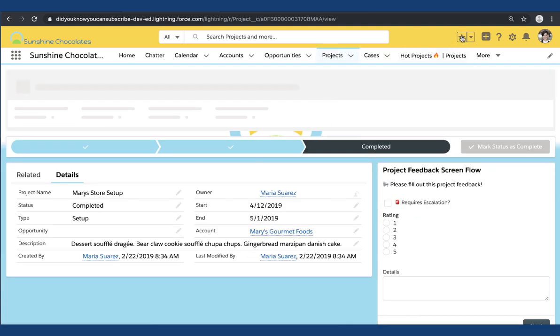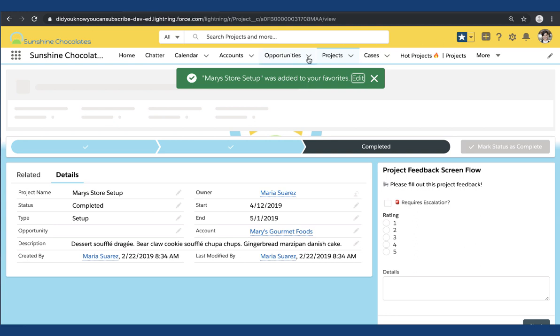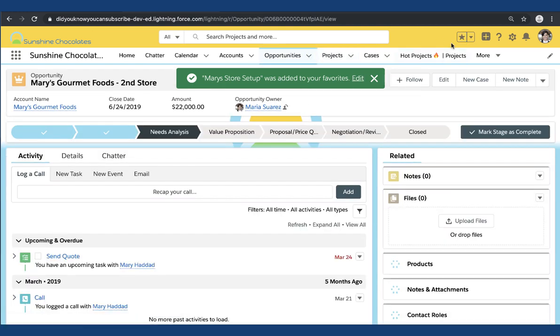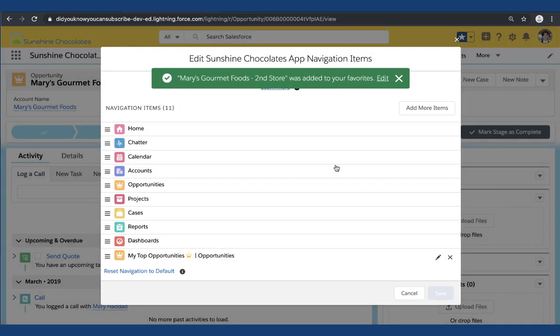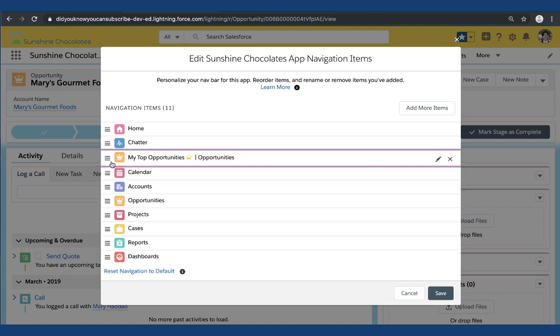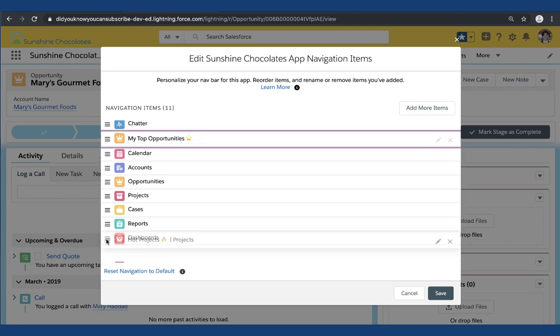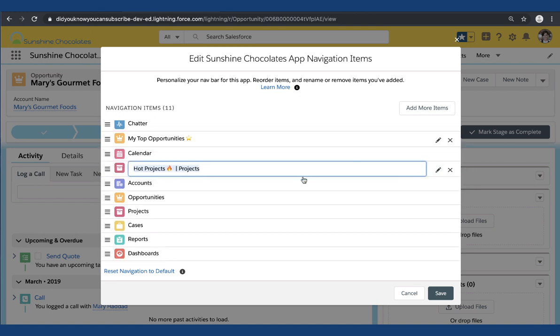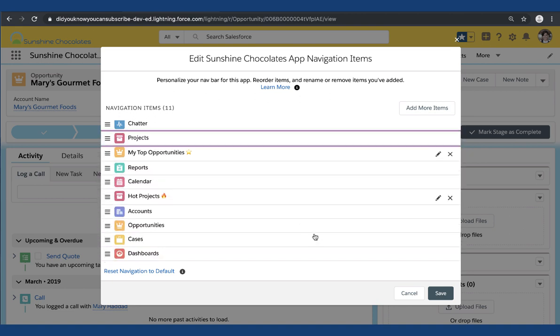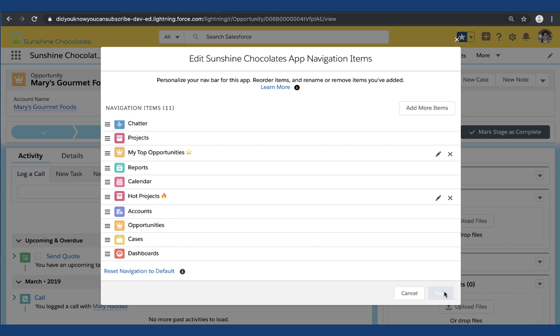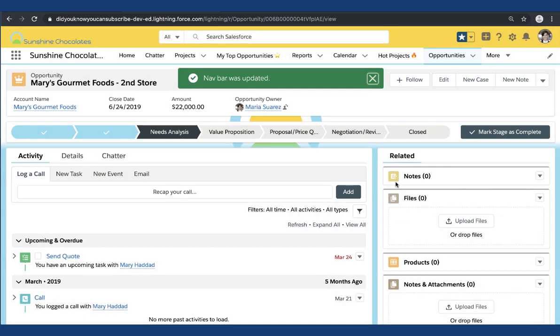And let's take it a couple steps further. Let's go ahead and favorite some additional records here. Favorites are a great tool both on desktop and on mobile to quickly access records that are important to you or pages that are important to you. Now on the far right of our nav, I'm going to select Edit our Sunshine app navigation items. This is where your end users can define the order of navigation items, including these brand new custom tabs I created, and what they look like in the nav. So now I'm customizing my Sunshine Chocolates nav items as an end user. As an admin, you can define whether or not this option is available to your users, but if you make it available, this is a great way for them to customize what they have available.